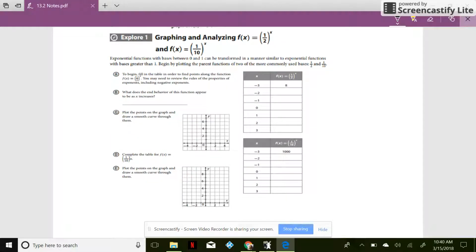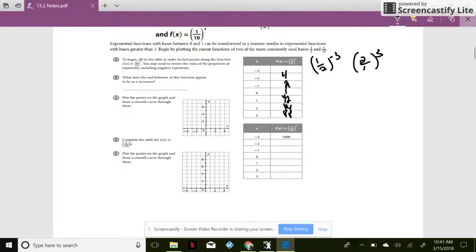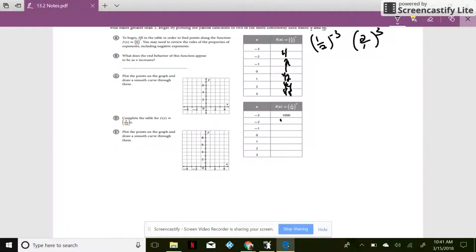So this time if we're taking 1 over 2 to the negative 3, we have to switch the base if we take a negative exponent. So 1/2 to the negative 3 power is the same thing as 2 over 1 to the third power. So that's why we're getting a value of 8 here. We get 4 here, 2, 1, and then 1/2, 1/4, and 1/8. Similarly down here, we'll get 100, 10, 1, 1 over 10, 1 over 100, and 1 over 1,000 for the